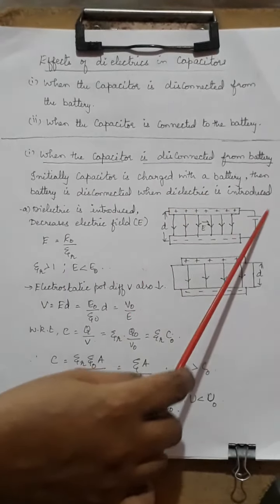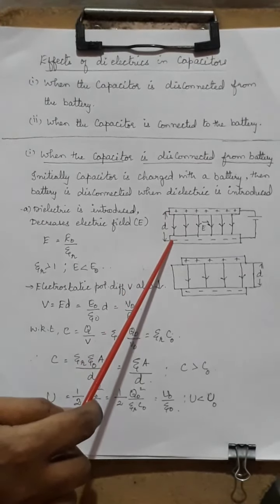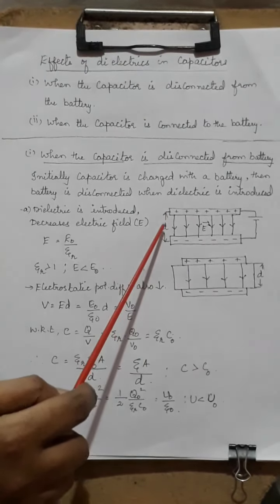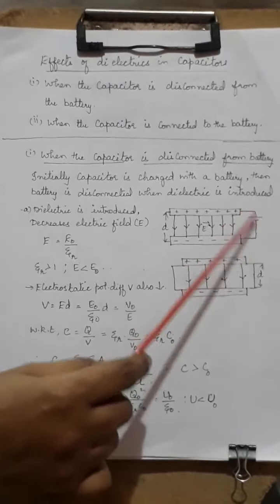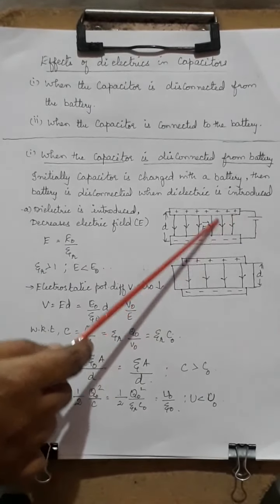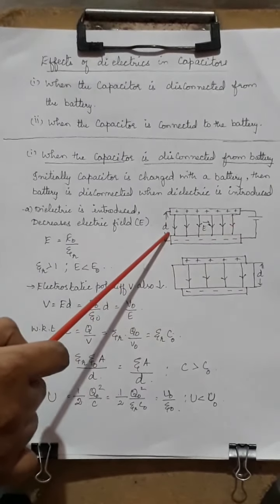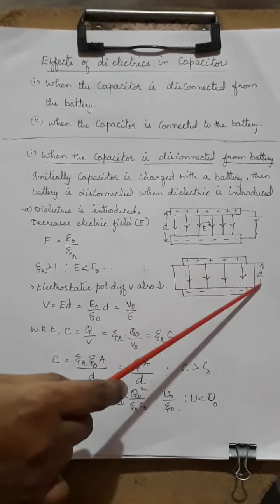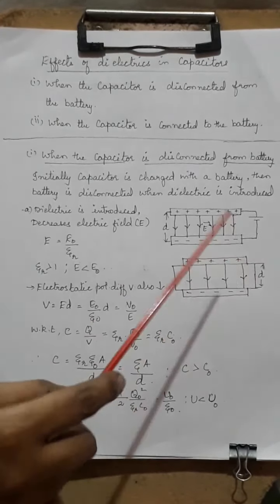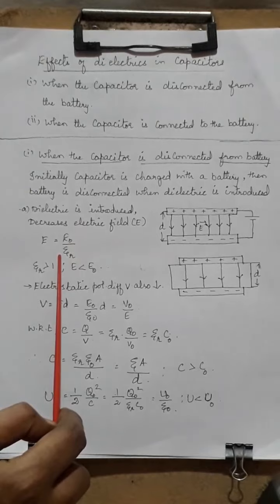This is what the initial condition is, where you have two plane sheets, positively charged and negatively charged, which have an electric field of E, with a distance of separation d, and you have charged it with a battery. Now a dielectric is introduced. In place of air you will have a dielectric of thickness d, which is going to have epsilon r as its permittivity. Relative permittivity will be epsilon r.